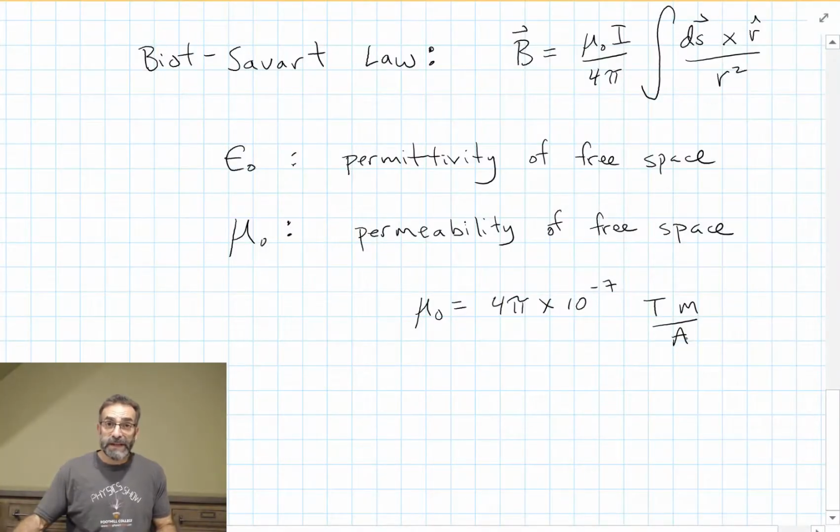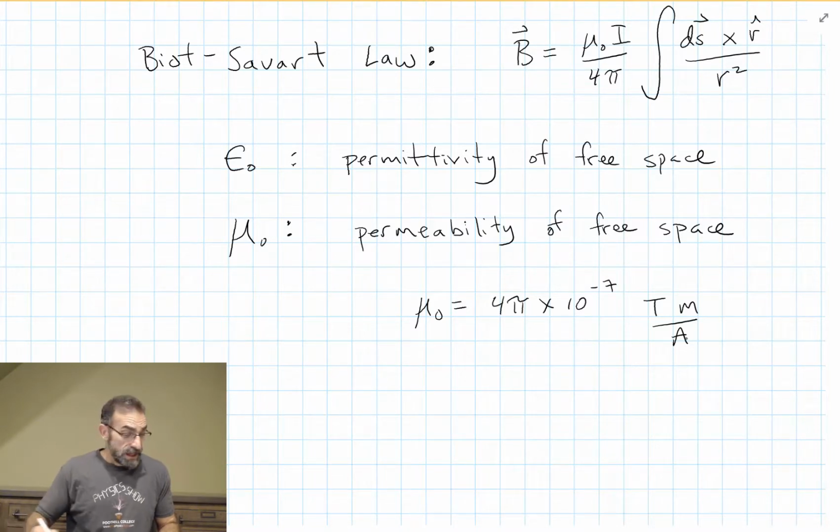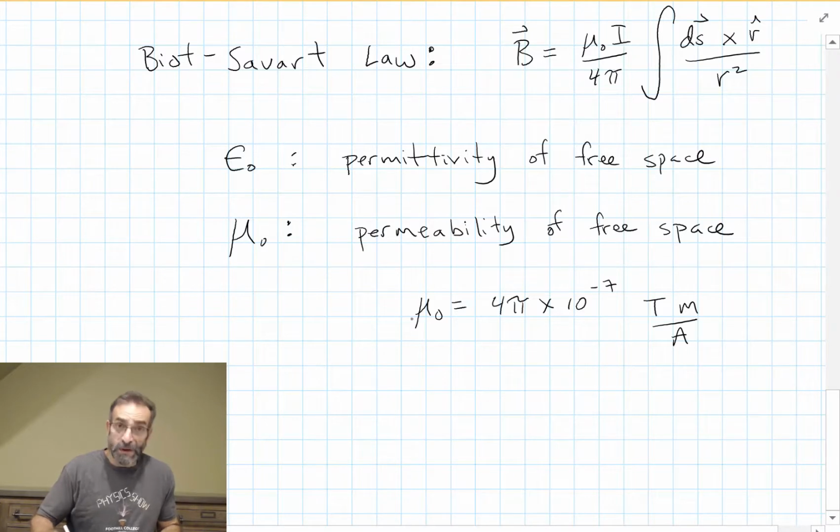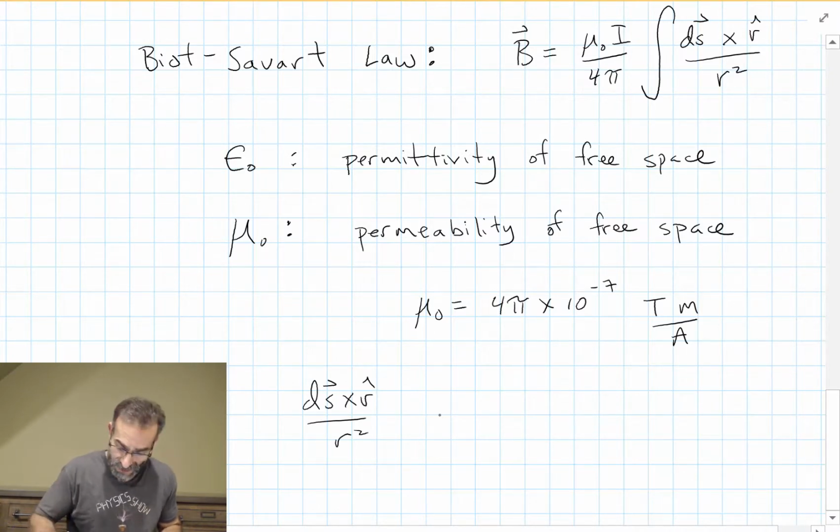The first thing I want to mention is that mu naught is equal to 4 pi times 10 to the negative 7th Tesla meters per amp. And some textbooks don't write the Biot-Savart law like this. I like to write it this way because we used a textbook for a long time that writes it this way. The ds cross r hat over r squared is exactly the same as writing ds cross r vector over